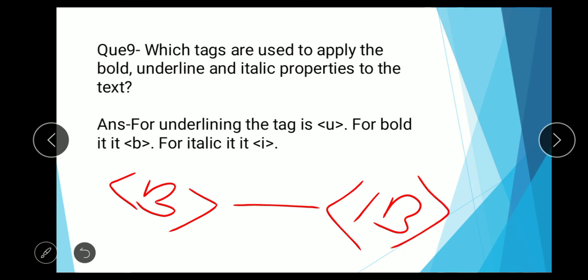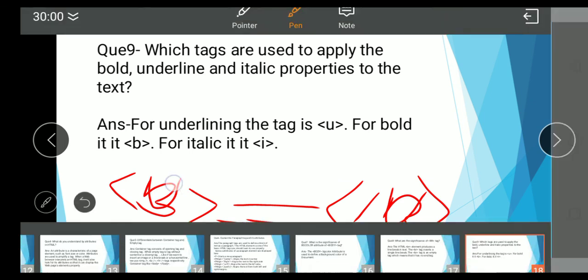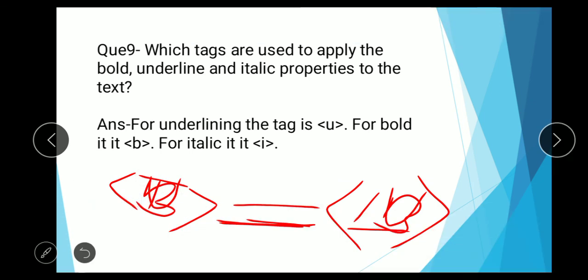When you close, this text looks bold. Similarly, when you use U for underline, you write text and close the underline tag, and the text is underlined. When you use italic, you use I, write text and close I. So this is the italic tag.